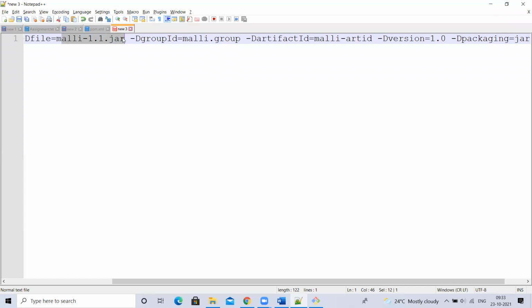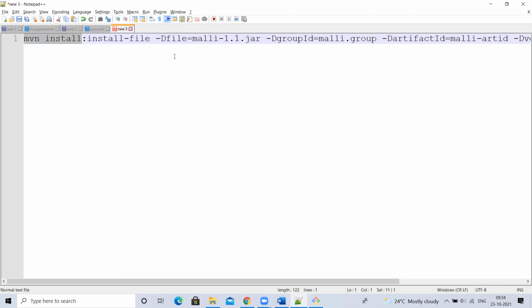So this is how we upload custom jars or custom dependencies into the Maven local repository and use them. This is one of the interview questions asked many times, to test whether you really worked or not. They'll ask, have you worked on custom dependencies? Yes. How to use custom dependencies? Using the mvn install command only. Again, this is also the mvn install command, install file.